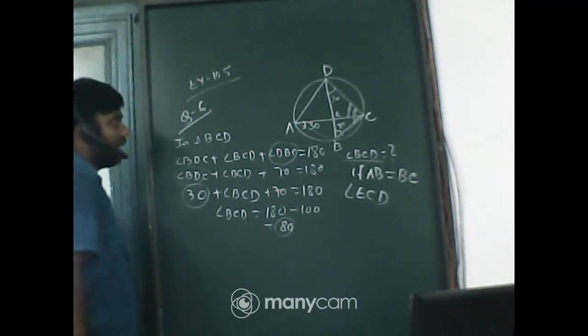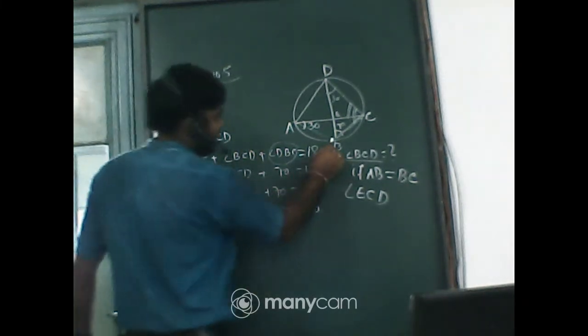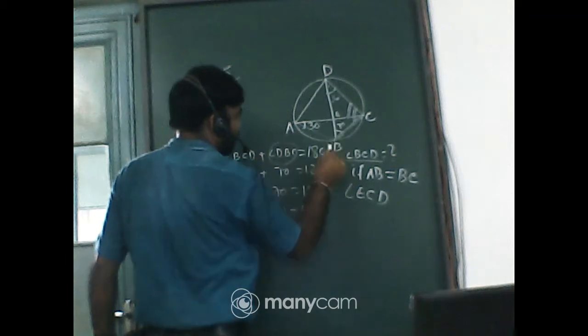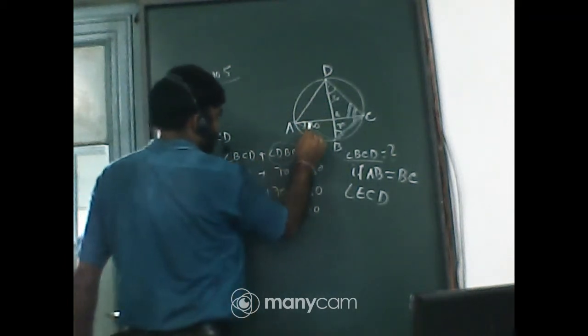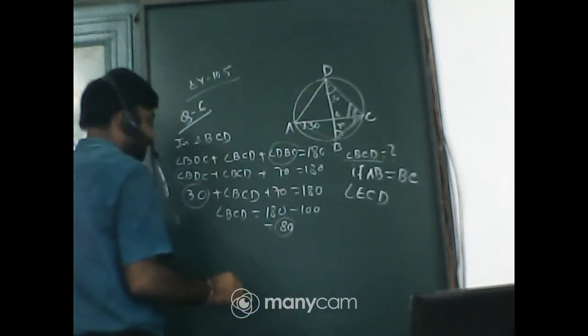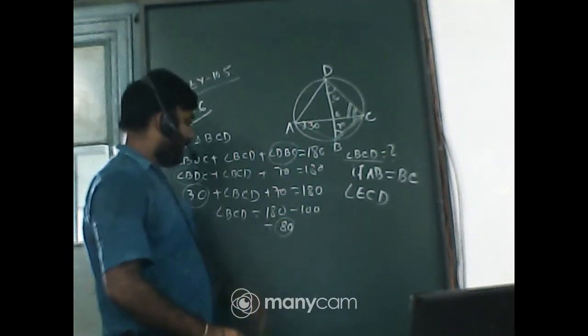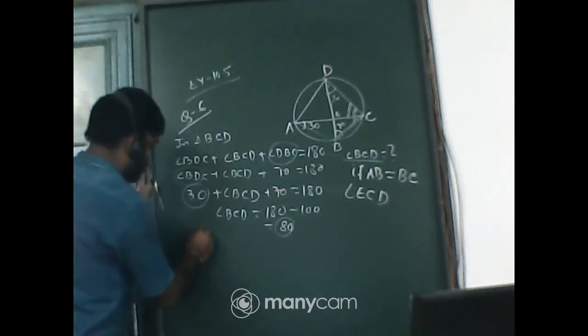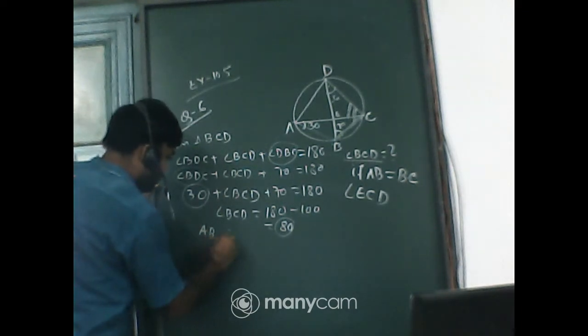But why is BDC equal to 30 degrees? Just consider that chord BC subtends an angle at A and the same chord at D. So these two angles, BAC and BDC, are in the same segment. That's why it is 30 degrees. Now, if AB equals BC,